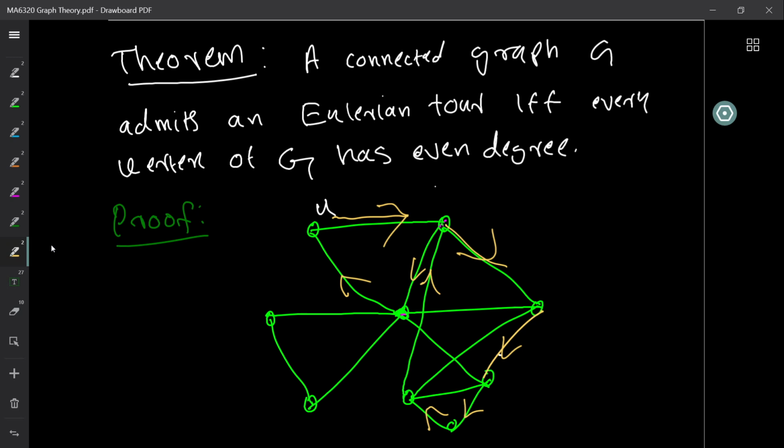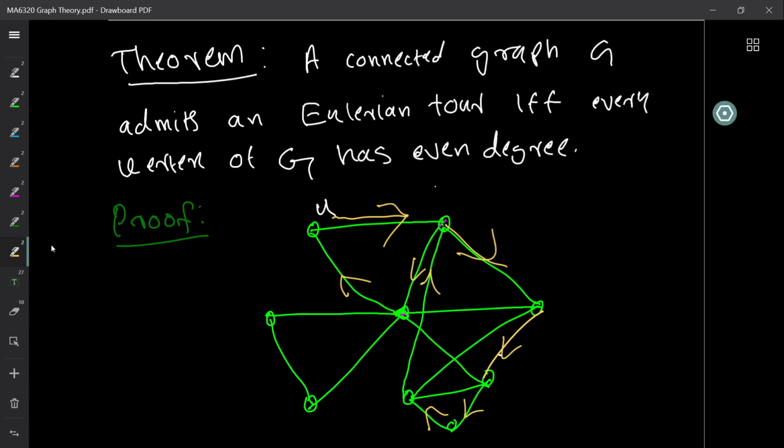So once this visit is complete, I get a tour of this. Such a closed walk, a closed trail, is called a tour, right? So I take this closed trail and mark all these edges as used. Now I look at whether there are any remaining edges which I have not used. If there are remaining edges, we should observe that